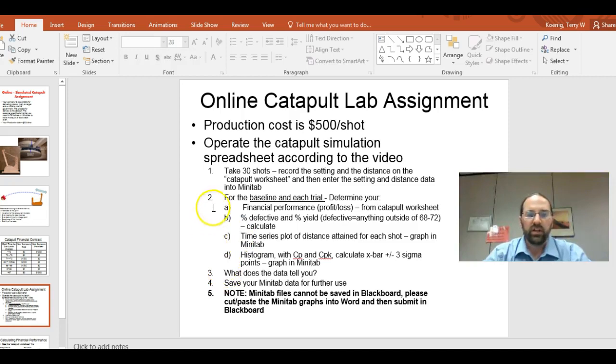And overall, what does the data tell you? Look at it. What are you learning from it? What is it telling you? And save this Minitab worksheet or project for future use, whether to go back to or if I have a question on the assignment,